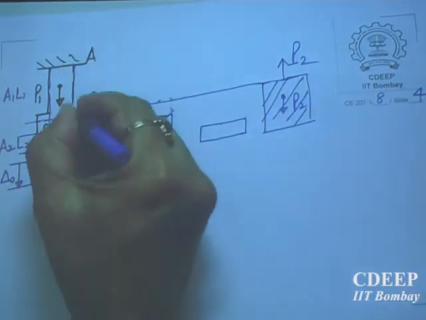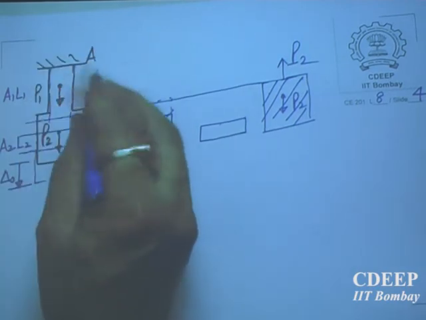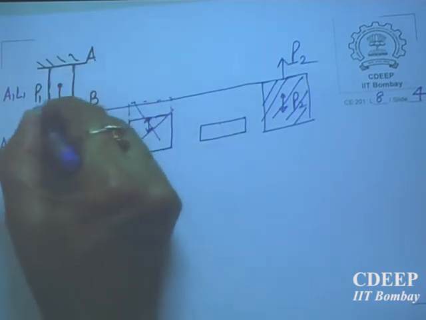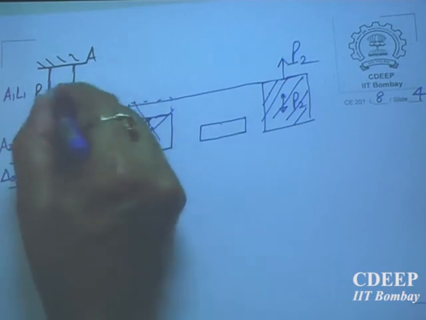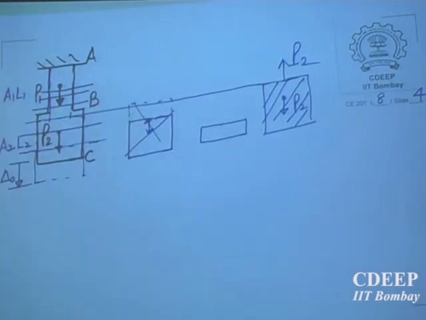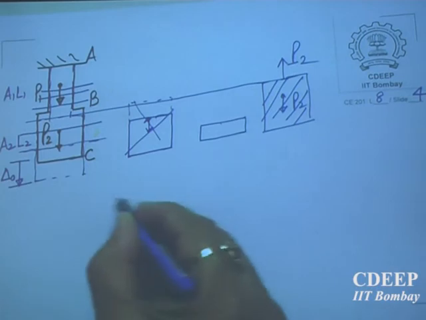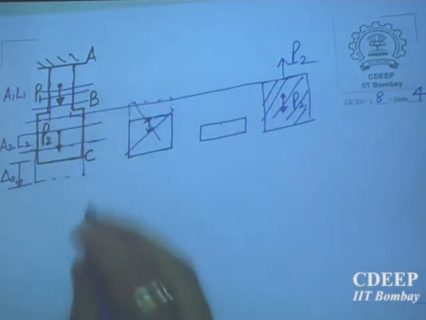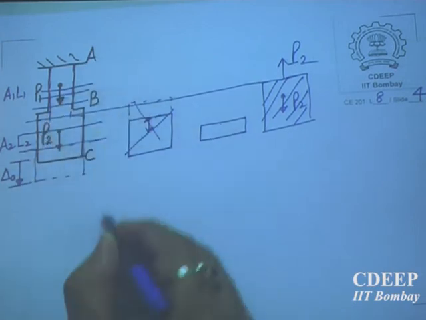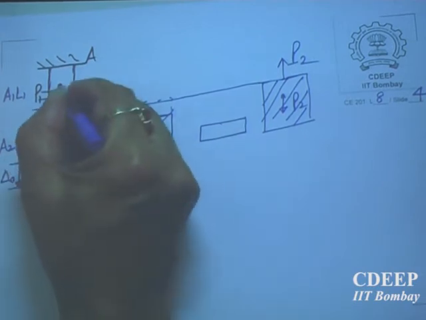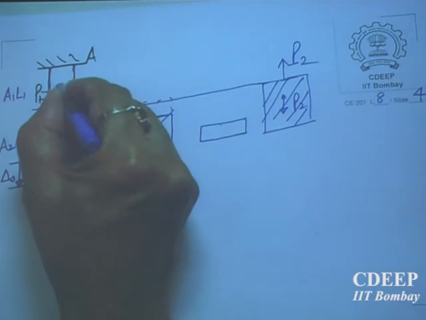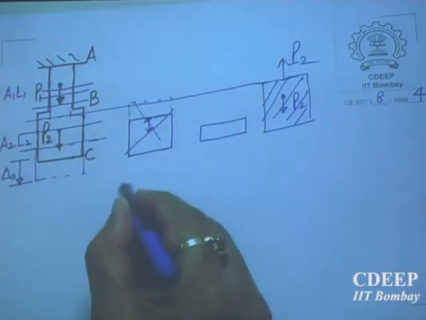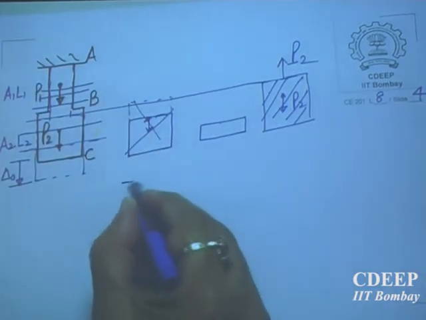And that P2 will be going up to which section? Any cross section that I take up to the center of this top one, the bottom portion. See, you must understand this. I am cutting this, drawing the free body diagram of this now up to here, up to a point just below this where this load is applied. So that means I am taking it